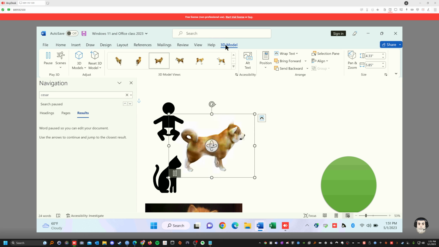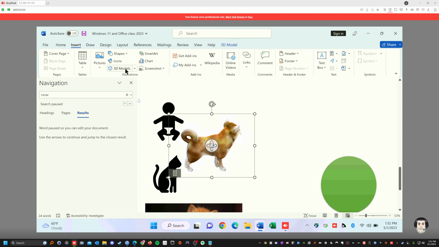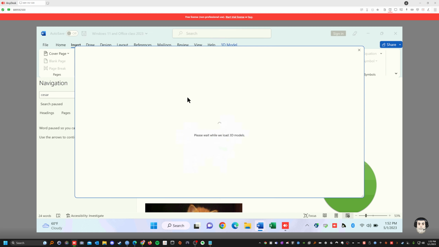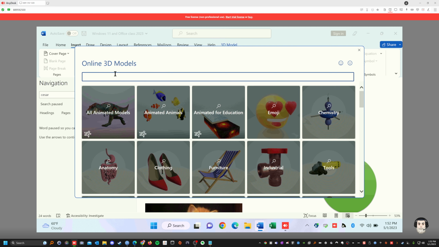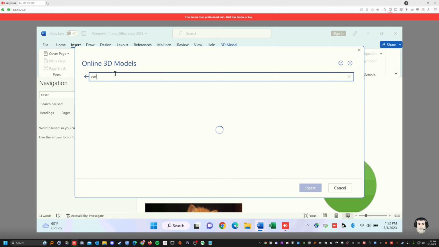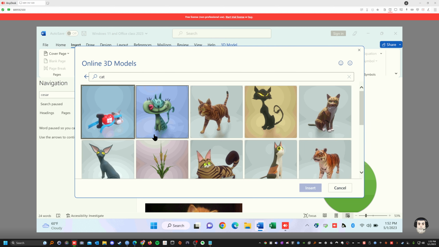See, it took you out of the tab and it took you into the 3D model tab. So let's go to insert again. Okay, so remember, 3D model. And you could type in anything in 3D model, anything you like. Okay, that's available here, of course. Let's say cat. Let's do a cat. Enter. See, there's different types of cats, right? The purpose of this, the 3D model, is you could send a postcard to somebody, a friend of yours, with a 3D model of their cat.